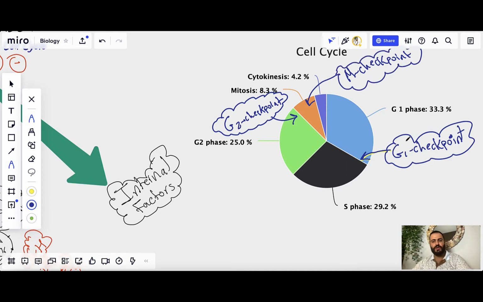Okay, what happens during these 3 checkpoints, and what are the factors, the proteins that have a function in this control? This is what we are going to explain now. But before we start, let's revise what happens during G1, S, and G2 to understand what is the function of every checkpoint. So speaking about the first checkpoint, G1,